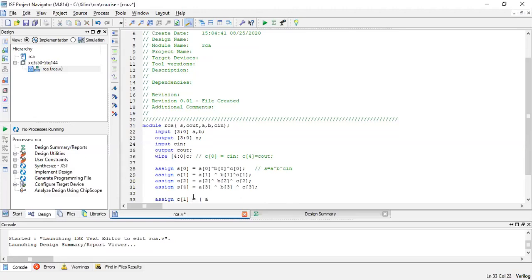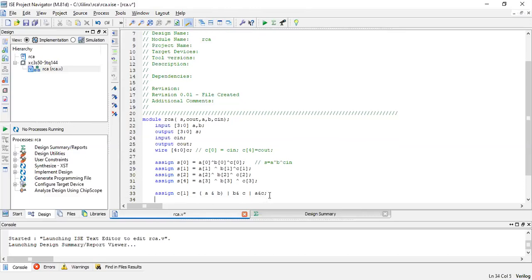I'll write the general expression for carry first. A and B, or B and C, or A and C. This is the general expression for carry, right? So using this expression only, I will write it.